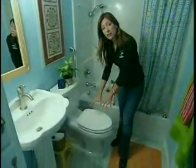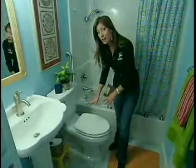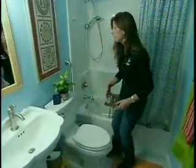Now this is an American Standard Champion toilet. It's at 17 inches, so this is an accessible height. Very nice, really doesn't look any different than your standard toilet. Installed some grab bars. Towel bars do not do the trick. We used a grab bar as a towel bar, but this one's going to hold 500 pounds, and they're gorgeous